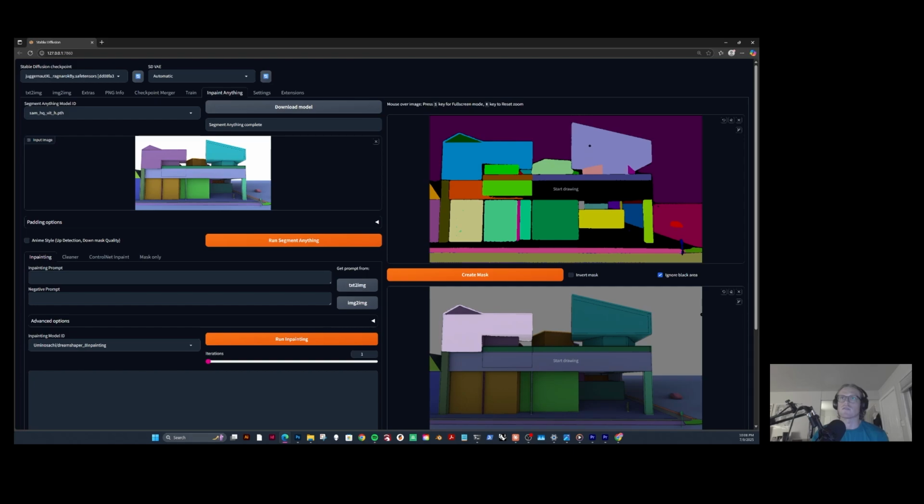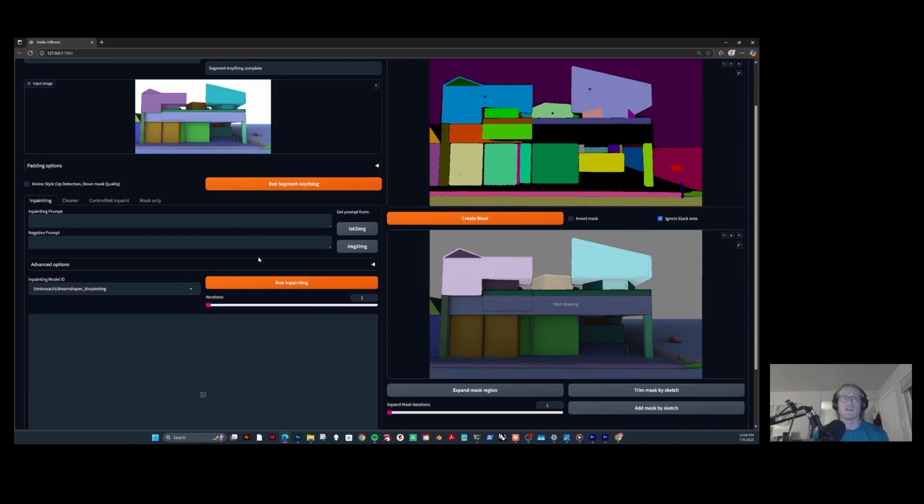Now let's reset that, and let's select both of these because they're on the same elevation. We'll say we want them to be the same material, so we'll create a mask with all 3 of those selected. That looks great. And then let's prompt for a